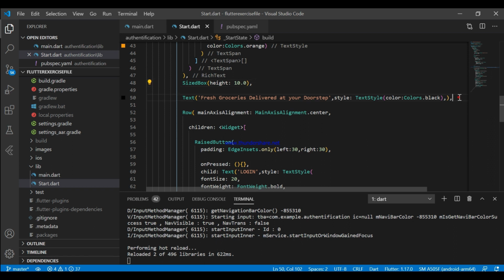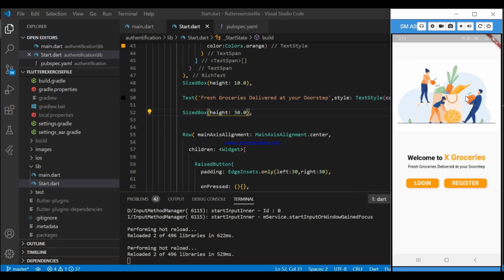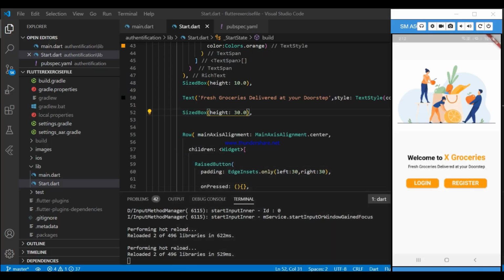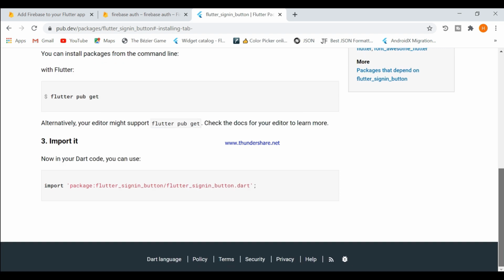Okay, now let's provide a size box from the top of the raised buttons. Yeah, now for the Google sign in button, we don't need to make a raised button. There's a package in Flutter.